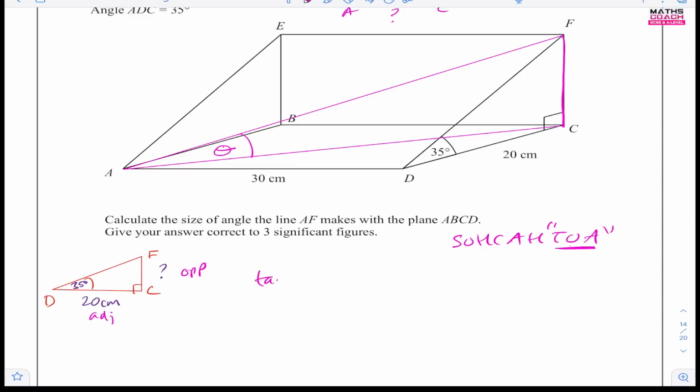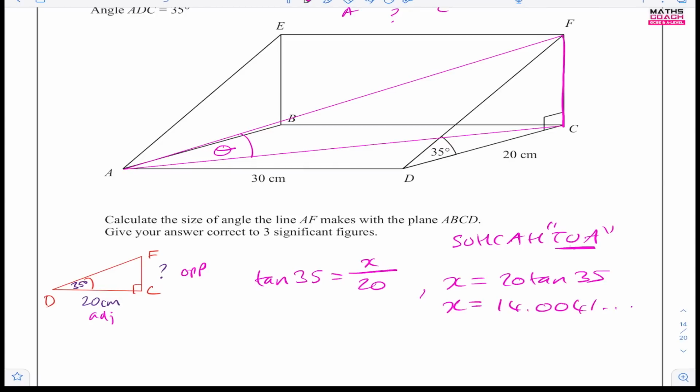So tan 35 is equal to opposite, which is our FC here. So we can call it a question mark for now, or you can call it a letter unknown. So let's call it something like X. So X divided by our adjacent, which is 20. And we just need to find what our X value is by doing 20 times tan 35. And X gives us